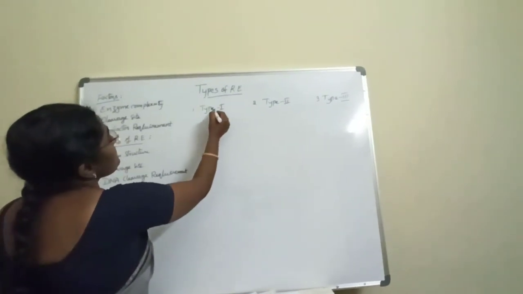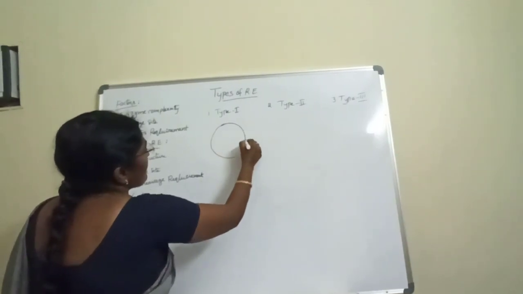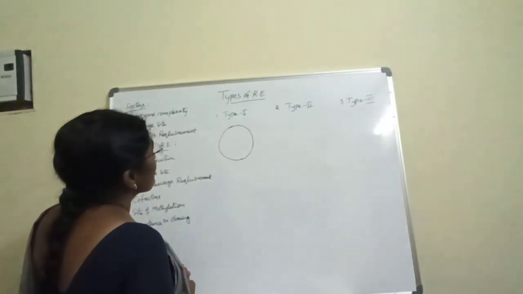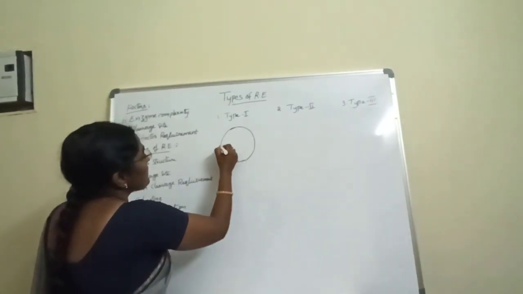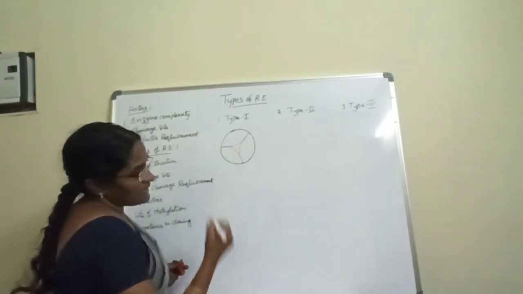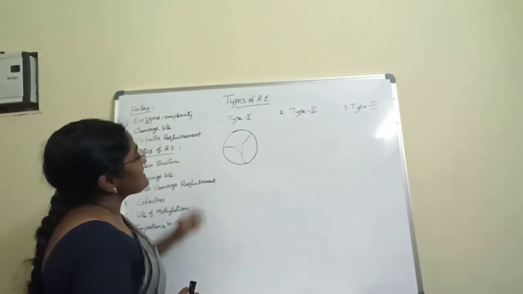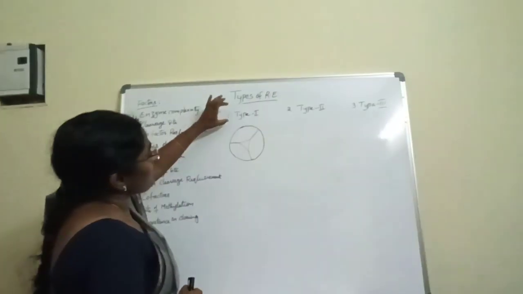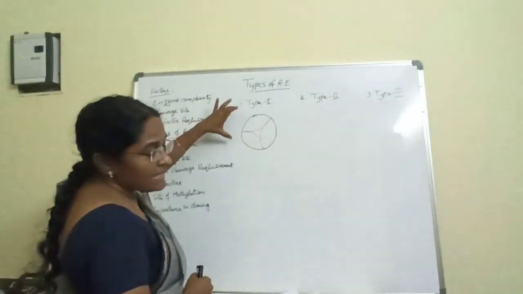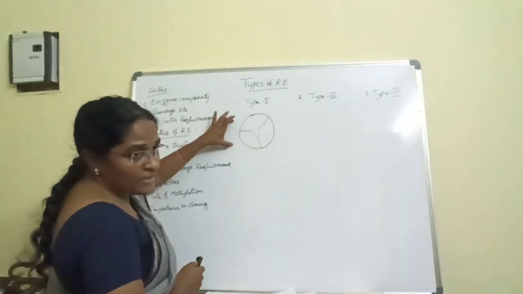Here, let us learn about type 1 enzymes. A type 1 enzyme is a single enzyme, but it has 3 subunits, so it is called a multi-subunit complex, or multi-enzyme complex. These 3 subunits perform different actions.